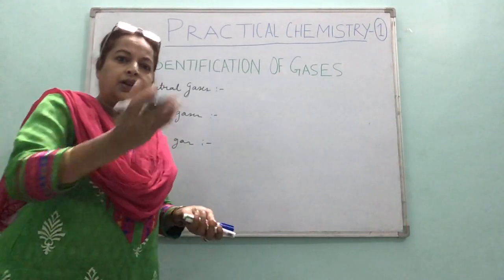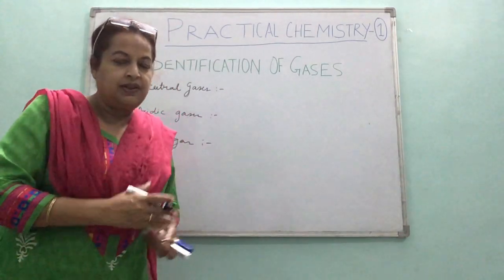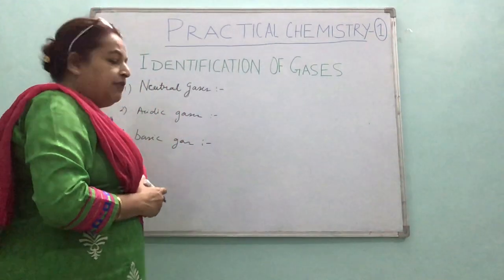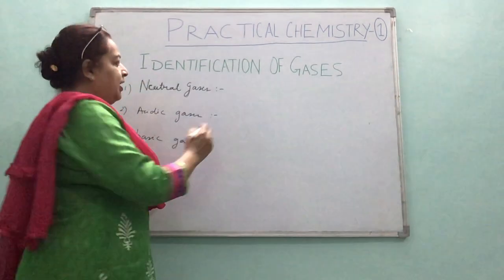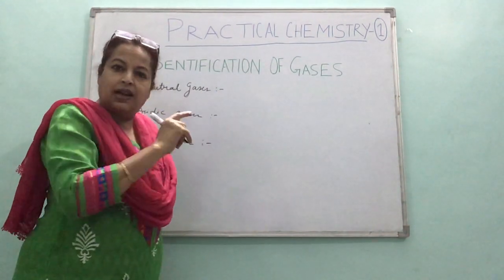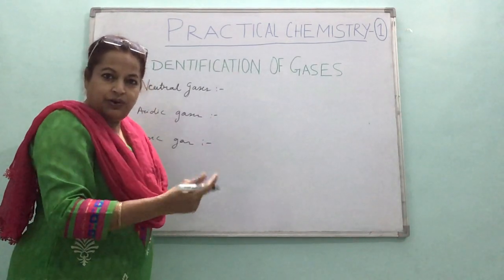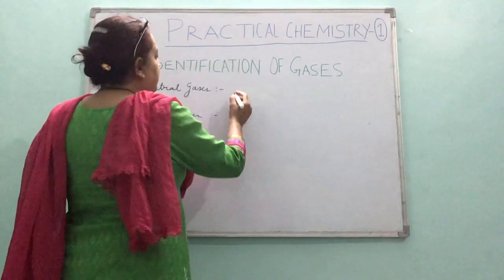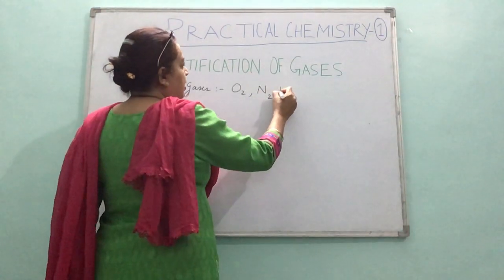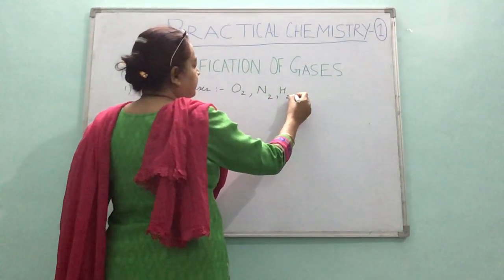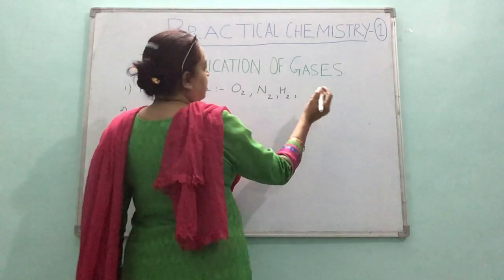You can write on the first page of your classwork register, so that whenever you open your register, you go through this and you'll remember the names. So I'm writing the names there. And some of these are in your syllabus for your practical work. So oxygen, nitrogen, hydrogen,